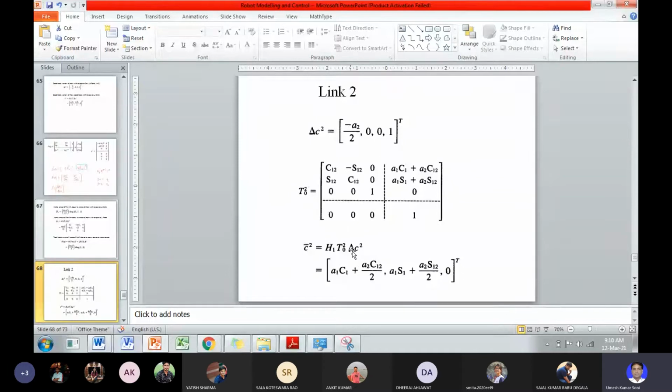So to be compatible with this multiplication, this additional term is added here. So you see here that the coordinate of the center of mass of link 2 with respect to base frame is,